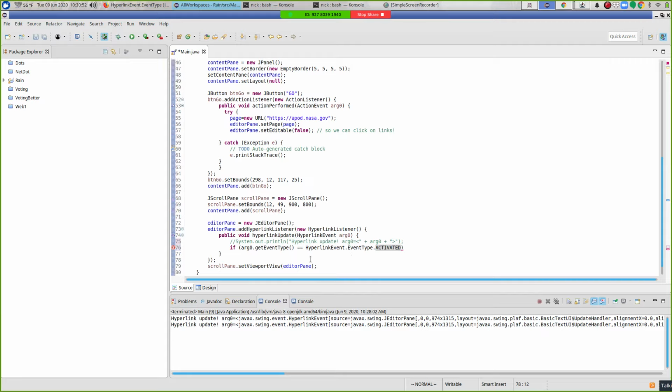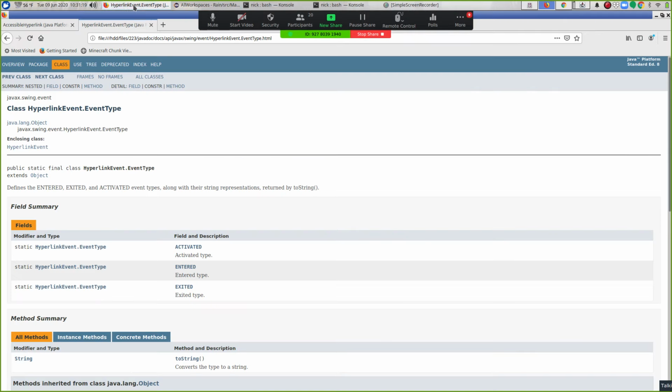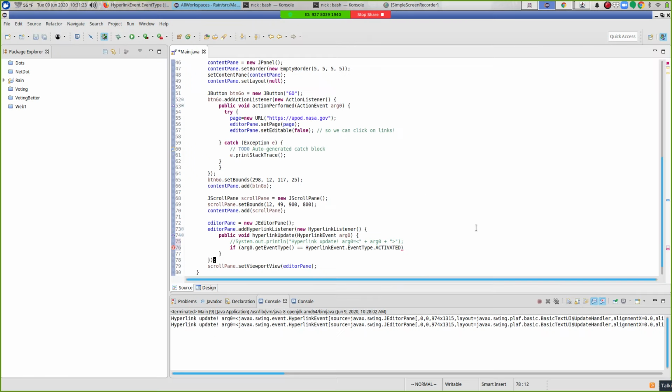All right. So what's going on in just this one statement here, right? arg0 was passed to the hyperlink update method. We can call the get event type method, which returns hyperlink event type, and we can take the static field called activated in the event type in the hyperlink event, right? So these are statics used to define constants. Right, so this is a static, and if it's activated,